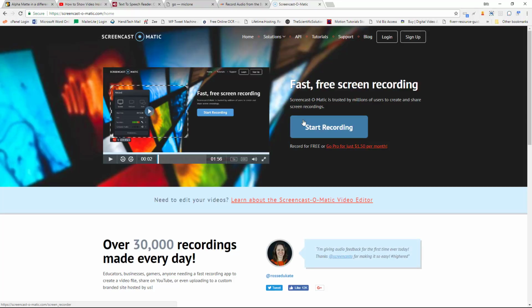Again, you're able to use your own MP3 recording if you know how to do that on your computer. I'll be able to show that to you in another tutorial. But if you don't know how to do that, or rather if you want to use text-to-speech, this is what we're going to use. So you visit the link that I gave you, which is screencastomatic.com, and then you're going